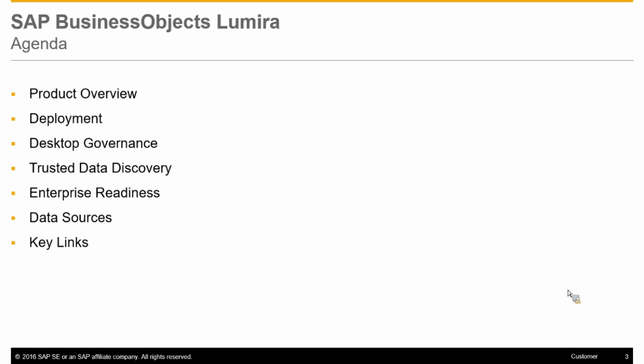So for the agenda, I would be covering today a brief product overview for people who are new to SAP Lumira. Then we'll be talking about the different deployment options that we have for the product today. I would cover in detail some of the desktop governance options that we have with the SAP Lumira BusinessObjects Platform today. Trusted data discovery is one of the other topics that I would be covering, detailing how we addressed